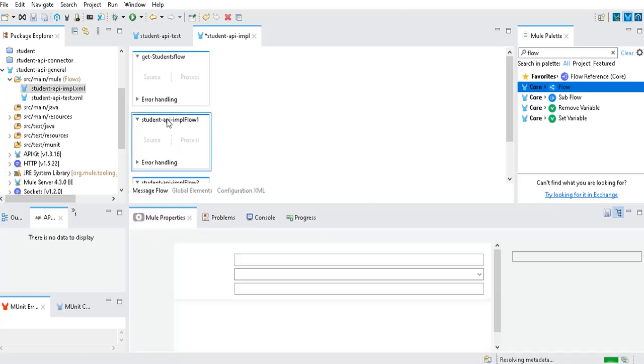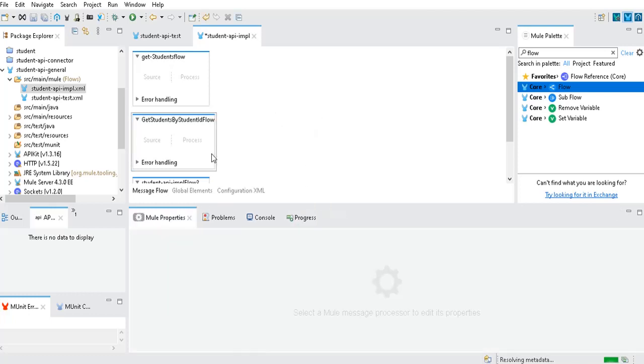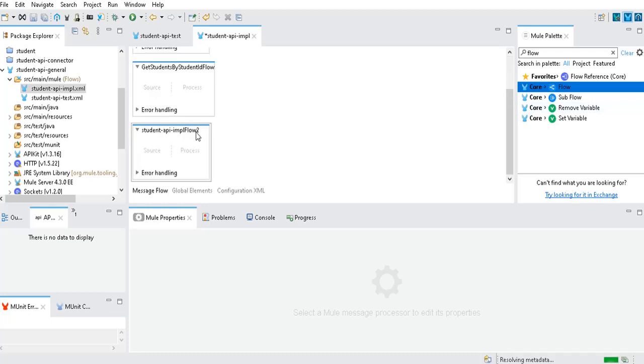I'm just going to add one logger in each and every flow. Get students, get student by student ID flow and create student flow. I'll create these 3 flows.